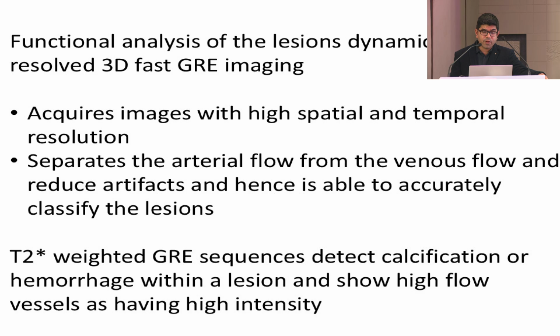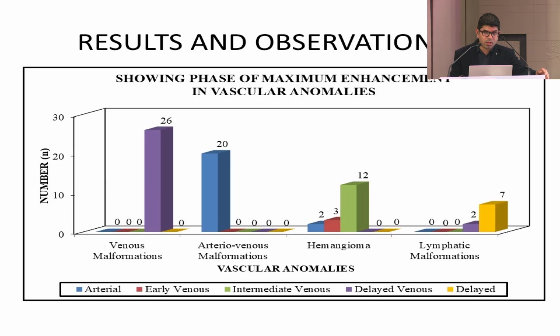Second is when the lesion starts brightening up and reaches its peak contrast, that is the contrast rise time, and third is the washout. So which one shows the early washout? If we talk about the maximum enhancement phase, AVMs have an arterial phase enhancement and show a quick washout. Venous malformations will have a slow rise in enhancement and will continue for long. Hemangioma also persists for a longer period, not longer than venous malformation, but definitely a longer period. They have a slow rise in enhancement of the lesion and then usually show a very late washout.